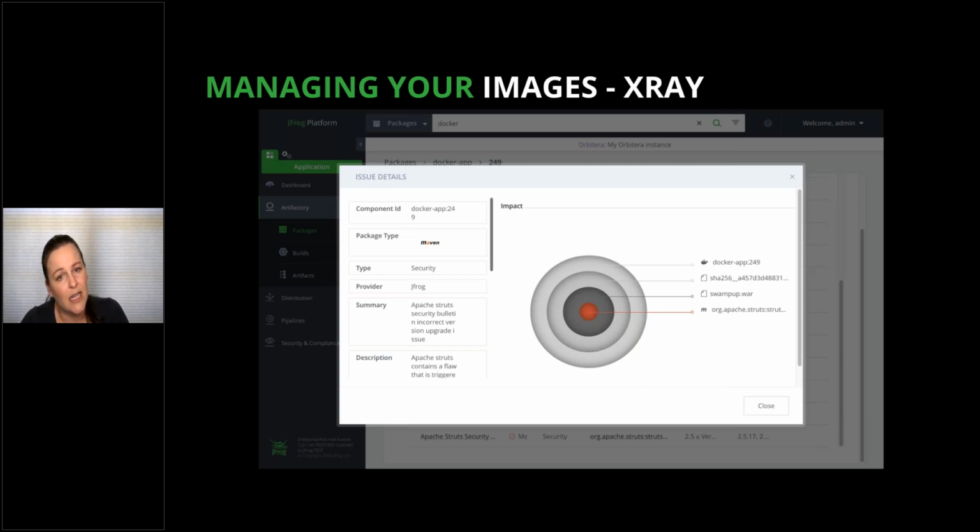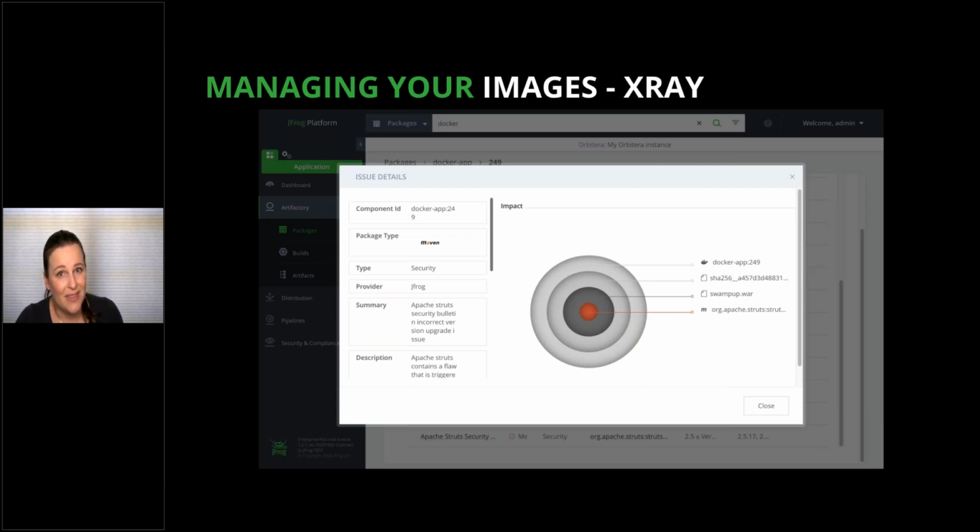On top of security, it can also handle licensing. That's the other thing you need to be concerned with when you're pulling in third-party images and all of the associated packages. There may be licenses in there that don't work with your company's policies. So it's important to know all of the inventory you're using for your builds, and what the licenses are. XRAY can help you manage those as well.